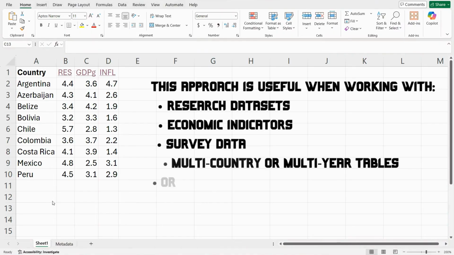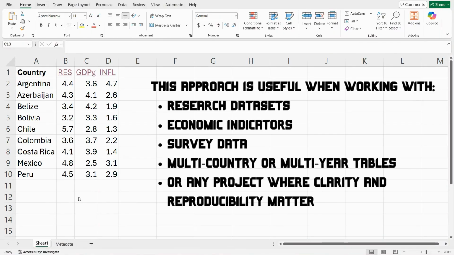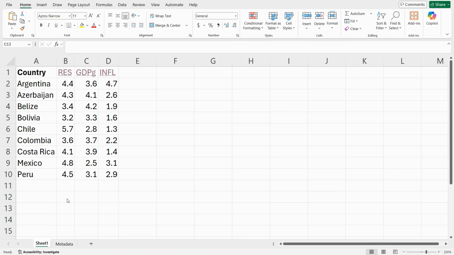This approach is especially useful when you're working with research datasets, survey data, multi-country or multi-year tables, or any project where clarity and reproducibility matter. Instead of cluttering your main sheet with long headers or comments, you keep everything clean, while still providing full transparency. And that's how you build a clean metadata sheet and link your headers to it. A small step that makes your Excel files far more